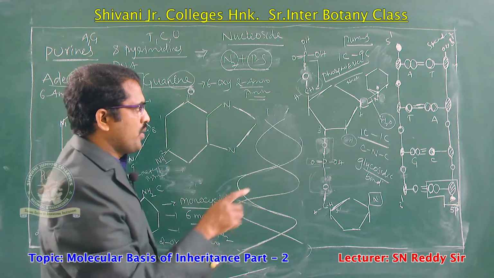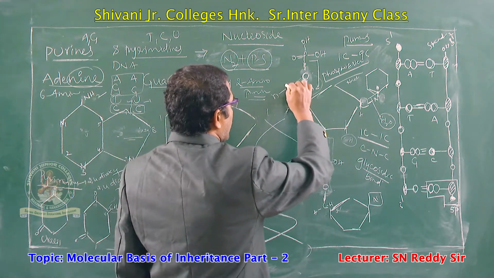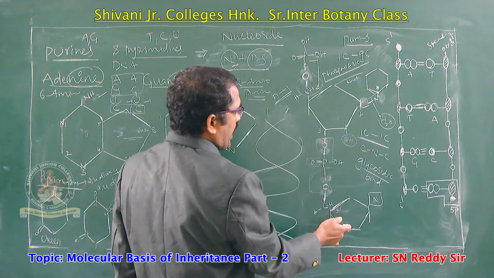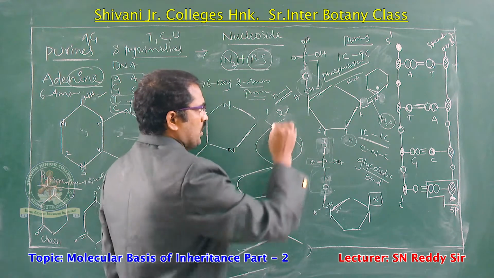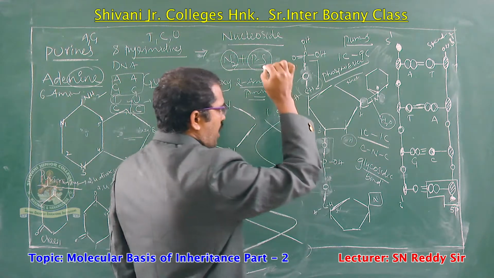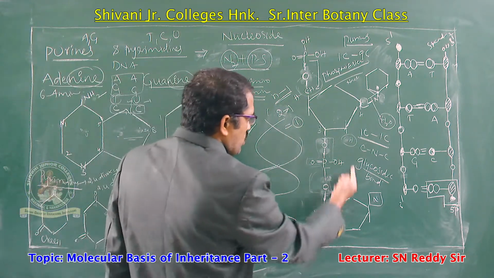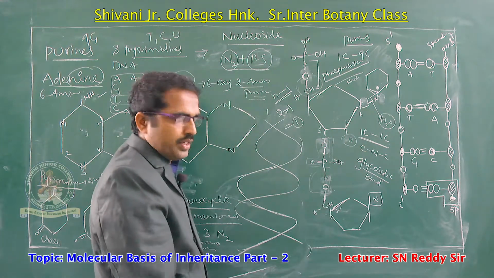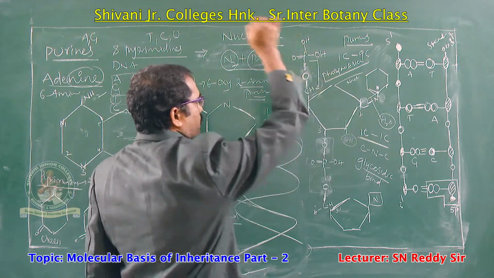In the case of a dinucleotide, how many phosphodiester bonds? You use the N-1 principle. Dinucleotide means N is 2, then minus 1. That means one phosphodiester bond will be formed in the case of a dinucleotide. This is one nucleotide, this is another nucleotide: nitrogen base, pentose sugar, phosphate; nitrogen base, pentose sugar, phosphate.